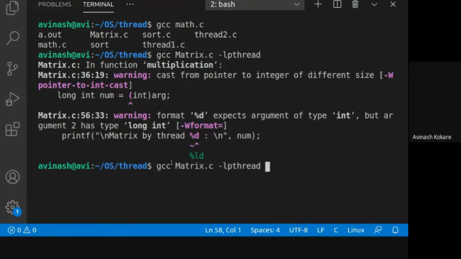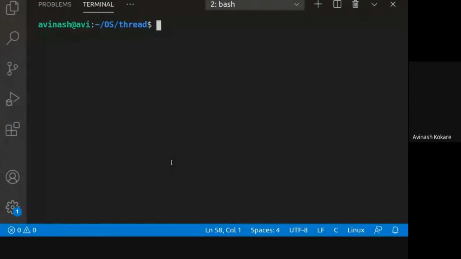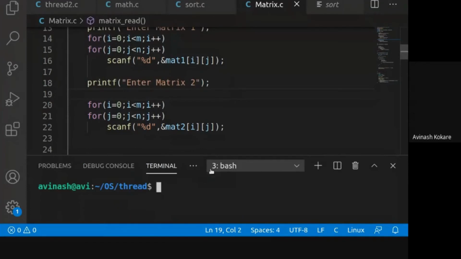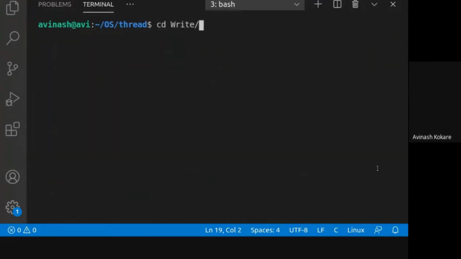The advantage of using these kinds of IDEs is that you make a minimum number of syntax errors. We don't have any syntax errors in this program, even though we have written some 50 to 70 lines. Now gcc with -lpthread, then ./a.out.